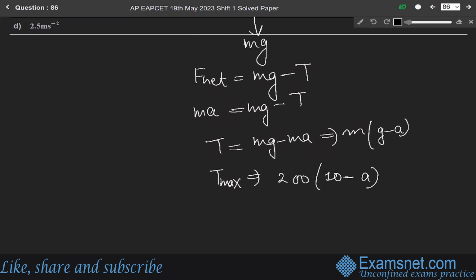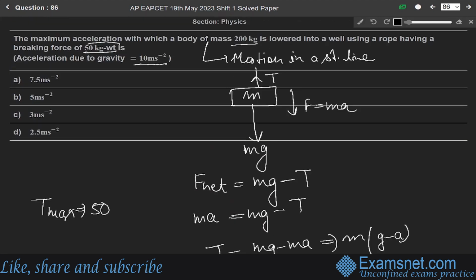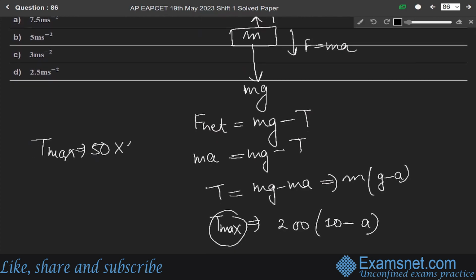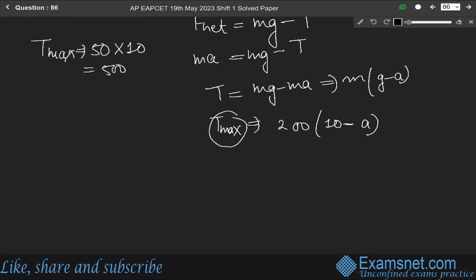And first of all, write this T maximum. T maximum will be equal to 50 kg weight into 10 gravity, so it will be equal to 500. So in place of T maximum, we write 500 is equal to 200